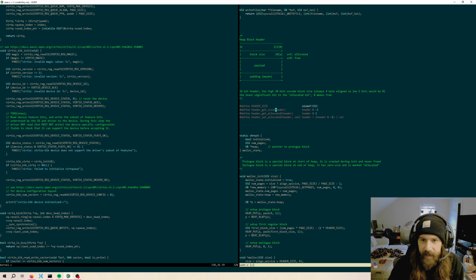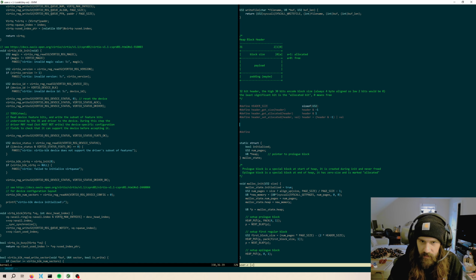So for example, I started stubbing them out right here. You want a macro to put some data at this pointer, and then a pack macro that's like put a size and an allocated bit into a single 32-bit integer, which is what this is basically. But all right, so let's do